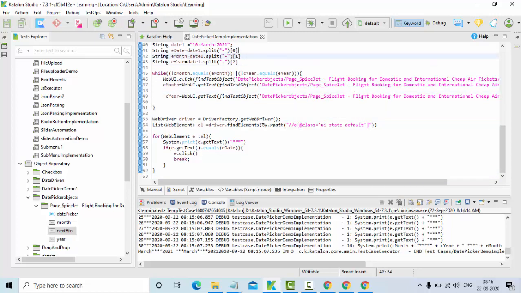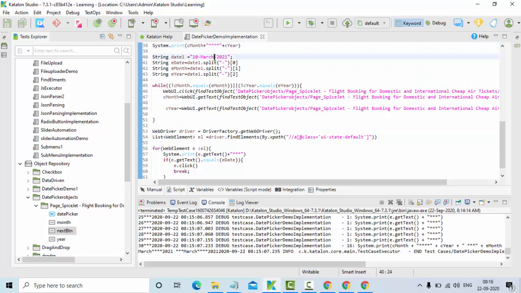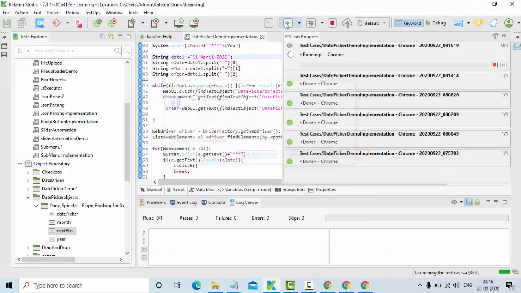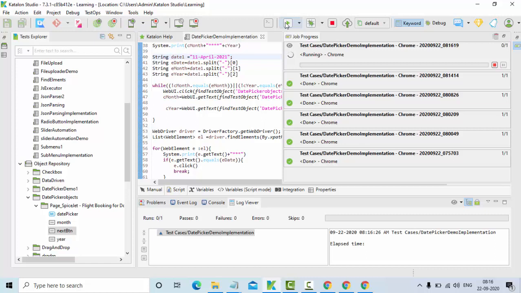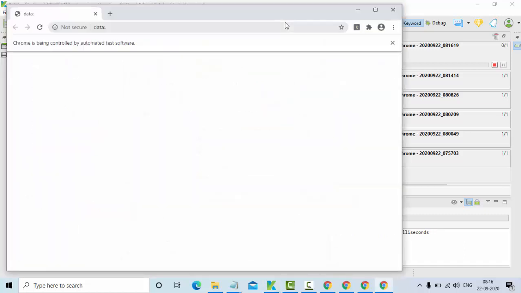Here, instead of 10th March, let me give something like April 11, so that I can show you that the application is built dynamically. It's taking more time now. So now I am clicking on the 11th of April 2021. Let's see that.